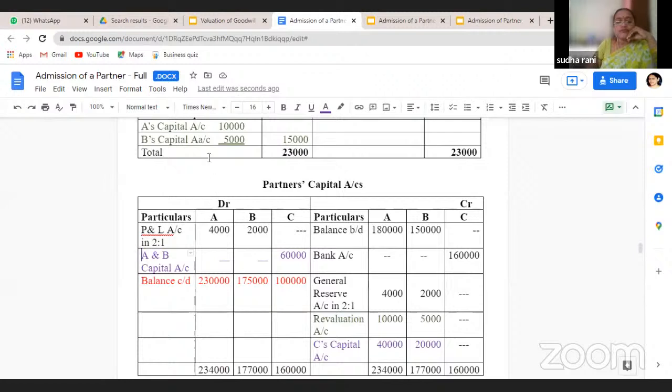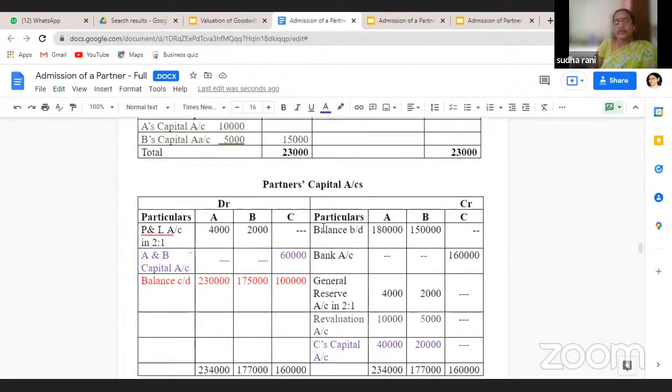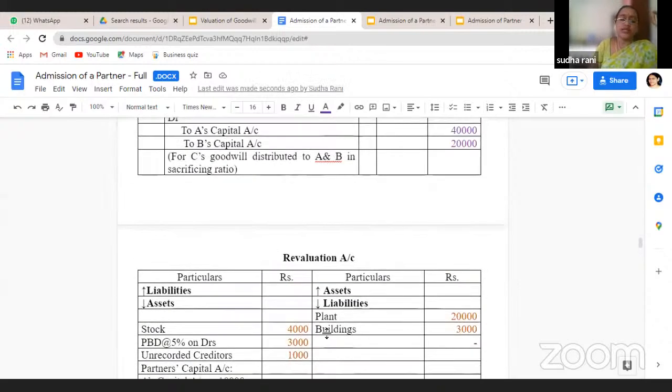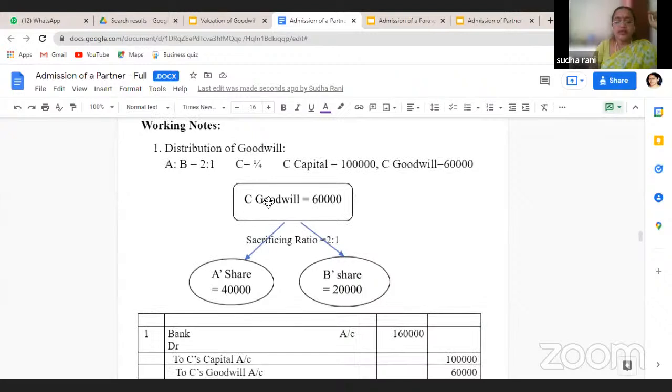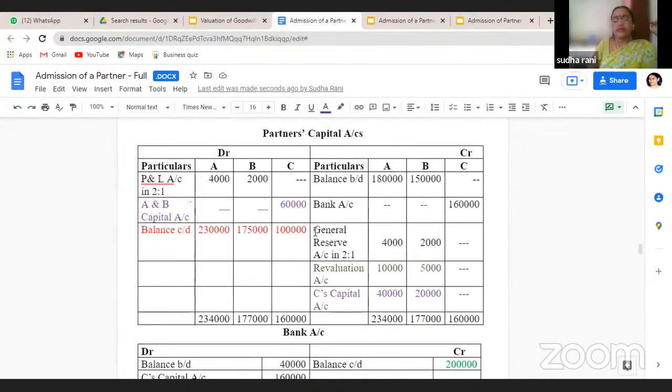So from revaluation account in partners capital account, you show it on the credit side, writing revaluation account and A share and B share as usual. Now, these two partners are getting one more, which is from working notes you are supposed to take. What is that? Goodwill. See, A and B are getting goodwill from the C. How much? A is taking 40,000 and B is taking 20,000. From where? From C. So in partners capital accounts, on credit side, because these are the goodwill share that they are taking from the C,